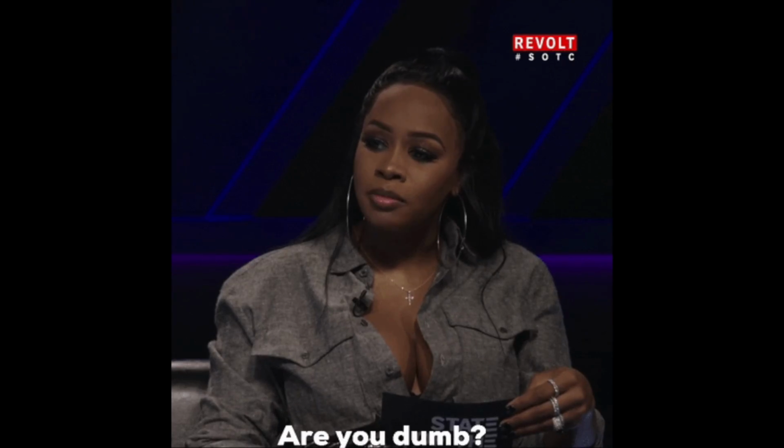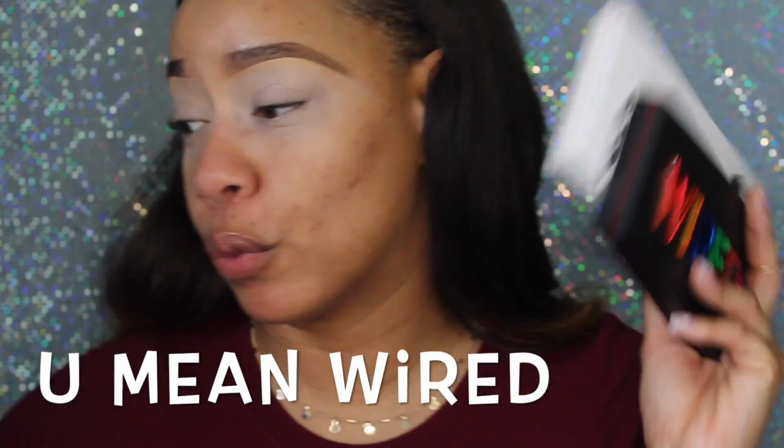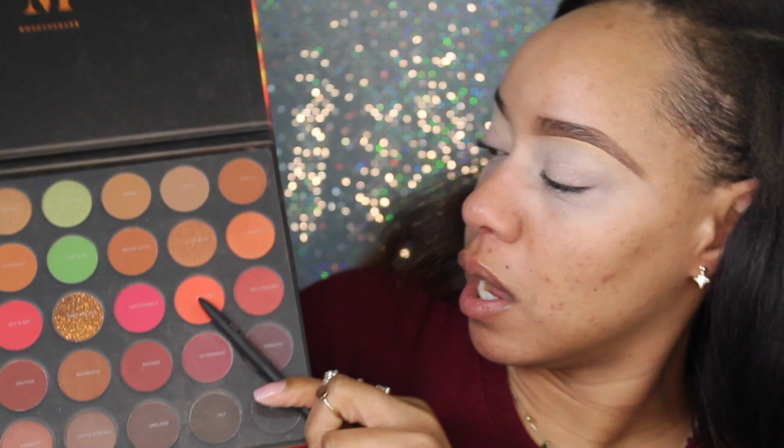I'm gonna be using the Urban Decay Wicked palette and the Girl Meets Makeup Fall Leaves in Morphe 3503. I'm gonna start with the Morphe 3503 palette, and I'm gonna go in with my Profusion eyeshadow crease brush ES3, and starting with making sure my rings stay on my finger, I'm gonna start with Explore, which is this